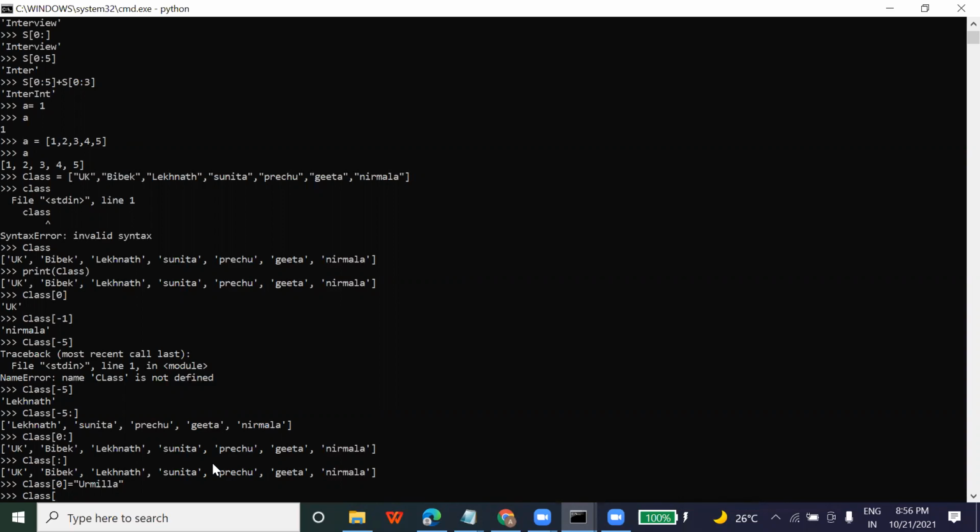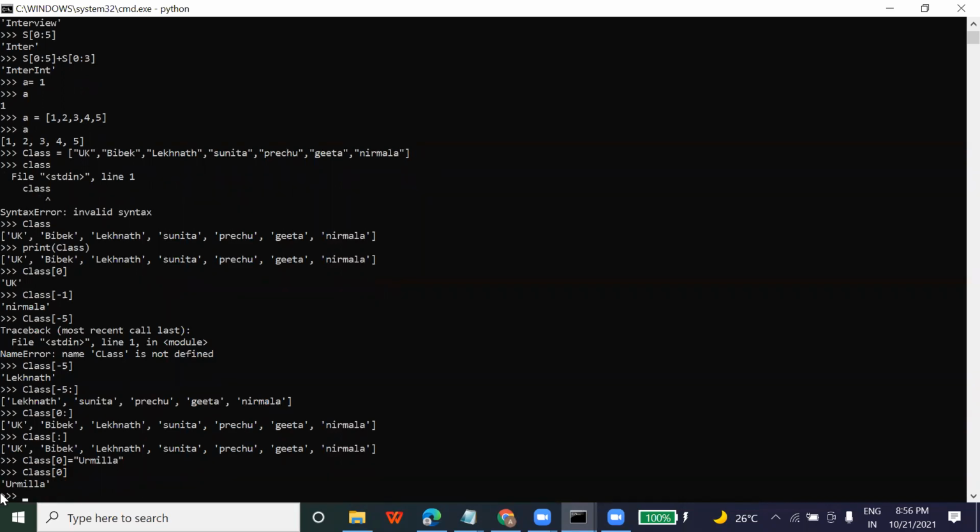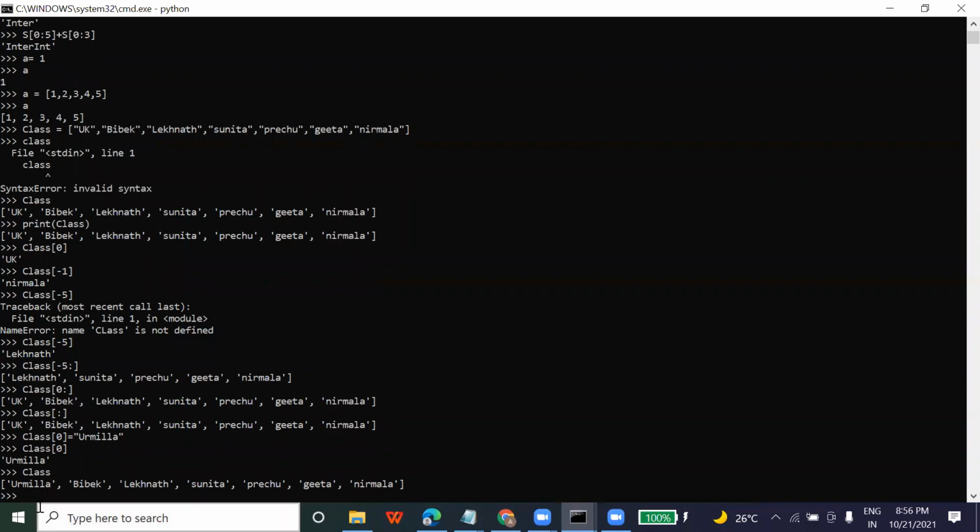Okay, so now suppose you want to check class 0, you can see it's changed. Now if I check class, you can see in place of UK, Urmila is coming. Similarly, if I change class in place of, suppose, Leknath, if I add the complete name Leknath Oja, then what will come?